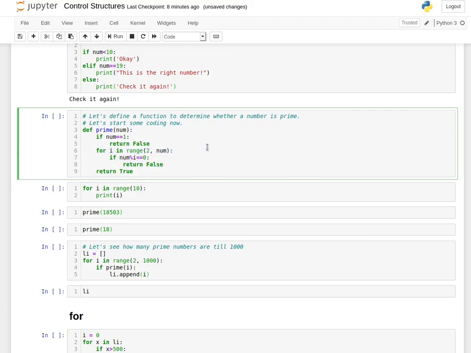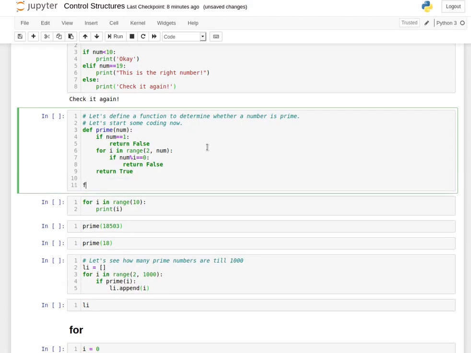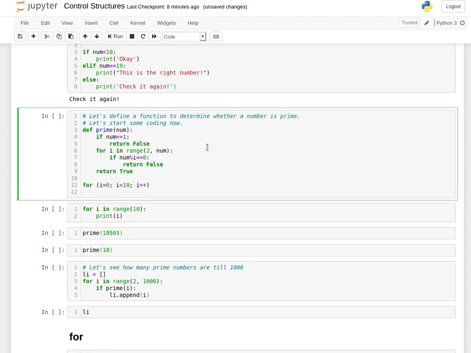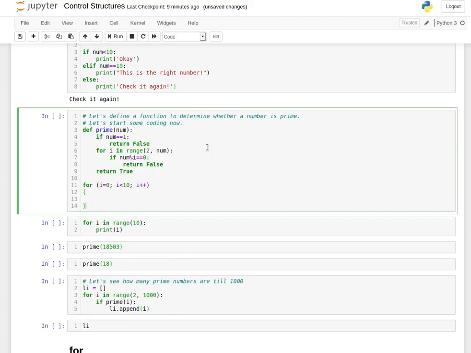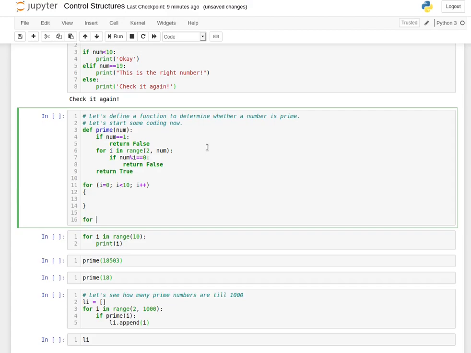Now how to create a for loop in Python? Use a keyword for, use the name of an iterator, just specify i as an iterator. Okay, I'll show how it's done actually. In C programming you have to write for i is equal to 0, i smaller than certain value, let's say i plus plus, and go on for the statements like this. Similarly in Python you just have to write for i as an iterator over here. You don't have to initialize it like you do in C.